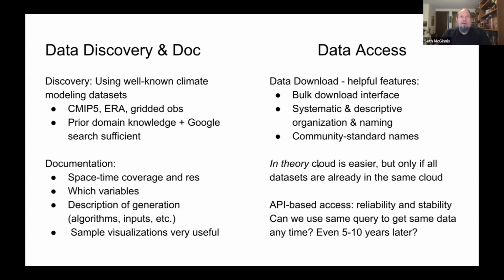In terms of the requirements for AI readiness, data discovery, in our case, is pretty simple. We're using well-known climate modeling data sets, CMIP5, gridded observational data sets, ERA reanalysis. So, we don't really need to do much other than have some prior domain knowledge and do some Google searches. For documentation, we do need to know space-time coverage and resolution and what the variables are in a particular data set.